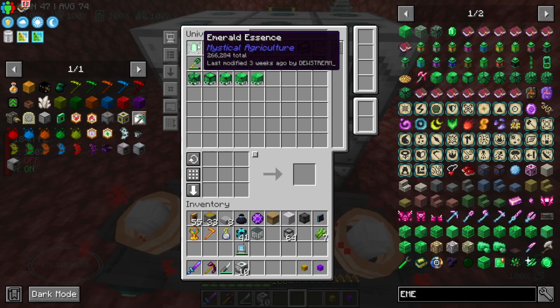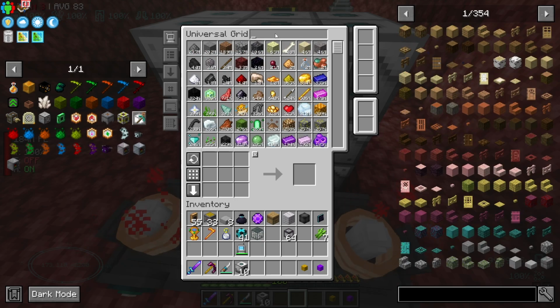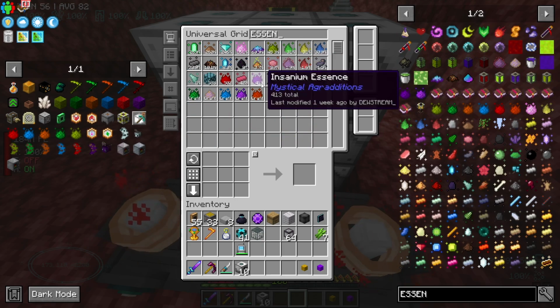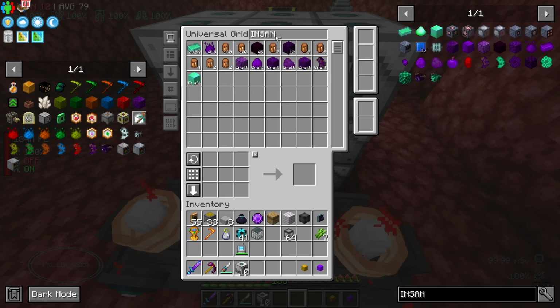See, we can make a dim seed now. But we don't even have enough to make one from scratch, and it's been 38 minutes. So I'll tell you what that tells me. I think we need to increase our farm, which I think we can easily do. Like, if we look at essence, we should have a lot more. The thing is...